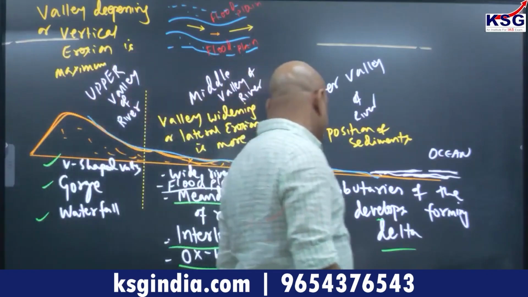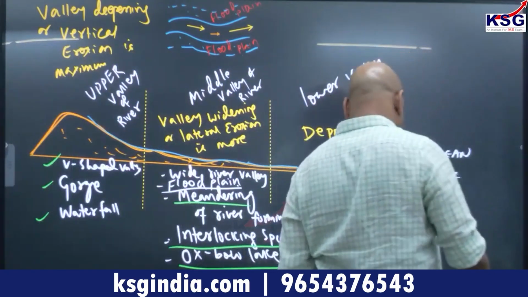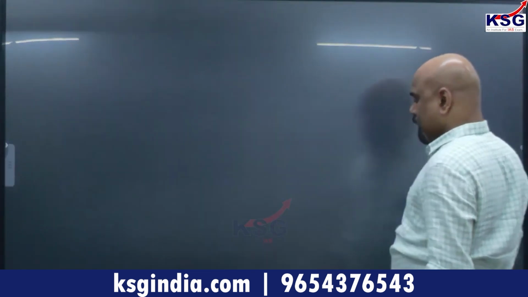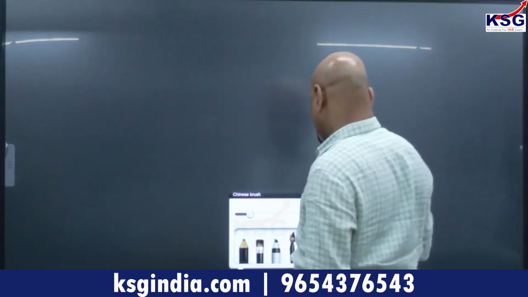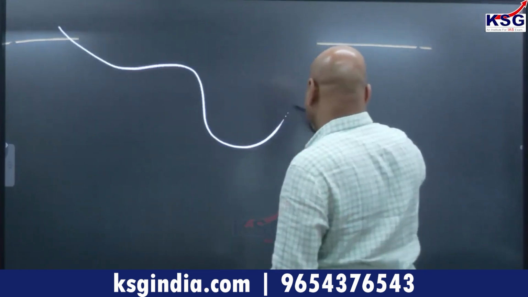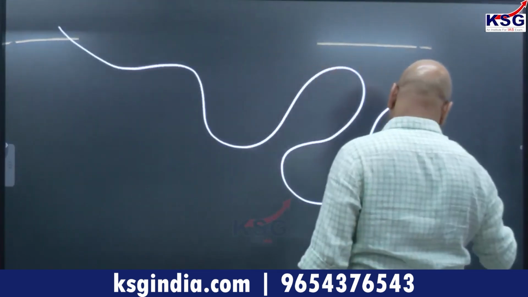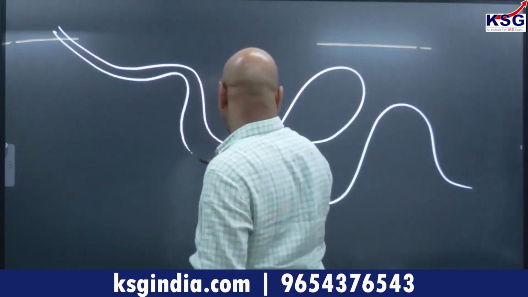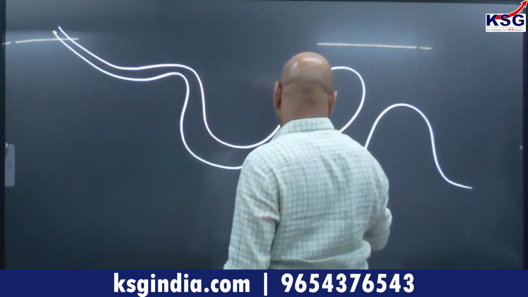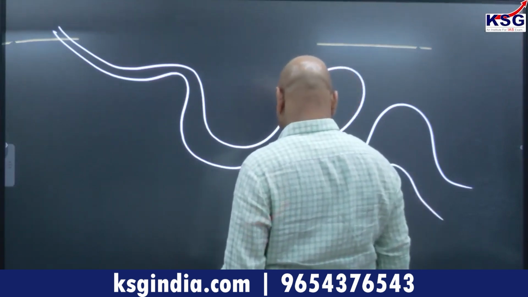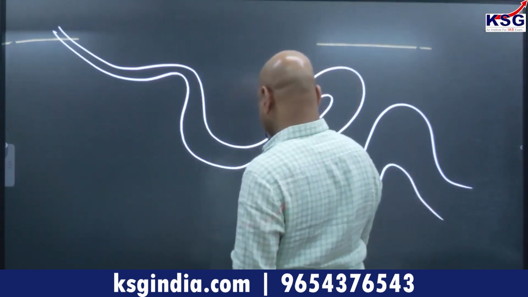Let me now go for this. How does an interlocking spur develop into an Oxbow Lake? देखिए, when a river is flowing here, it started meandering here. देखा आपने? If this is the river,